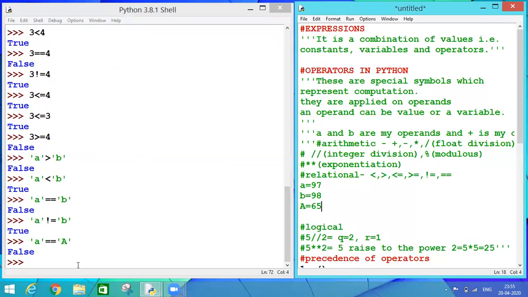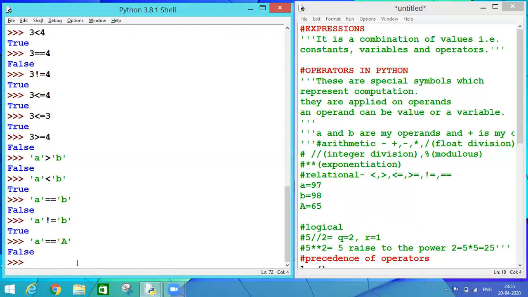Let's check it once. If I say greater, I'll get the result as true. So it depends upon the cases also. So we have applied our relational operators onto variables also. Sorry, if I say on strings also.